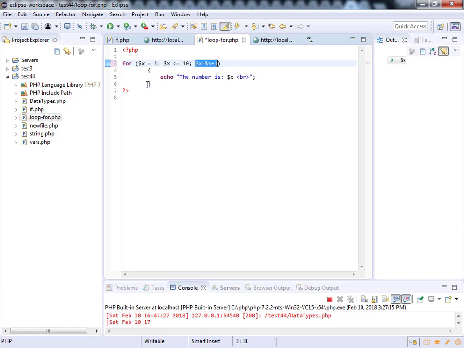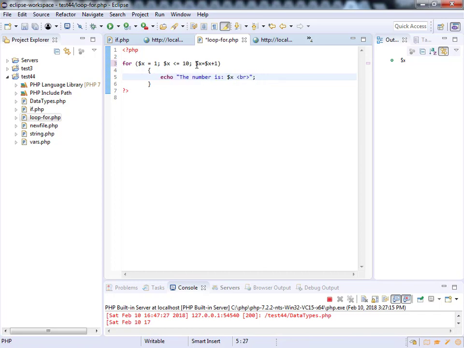So now we remember that the last time it was equal to 1, and when we wrote this line it became 2, and now we can ask, is x less than or equal to 10? Yes, x is equal to 2. So execute this line. So we will write the number is 2